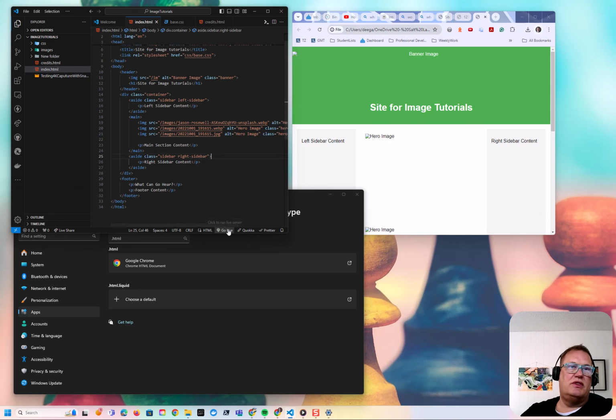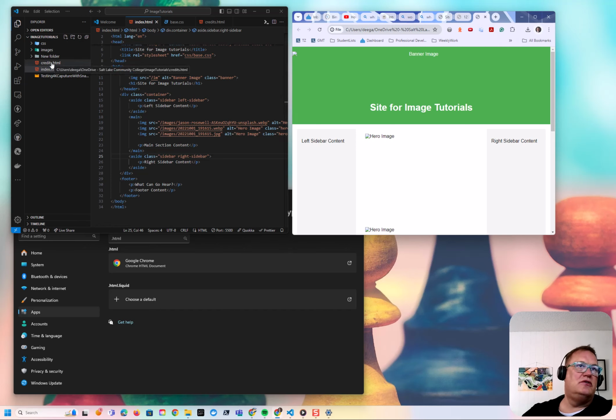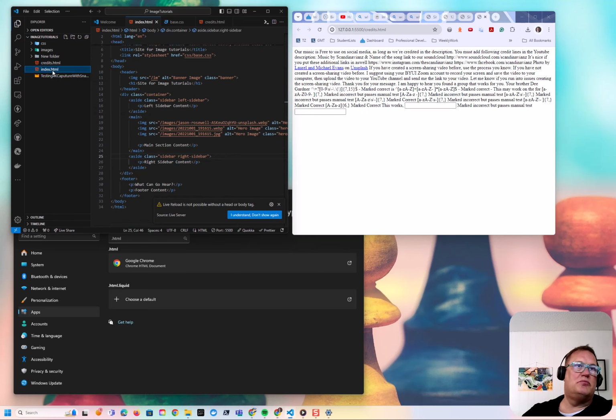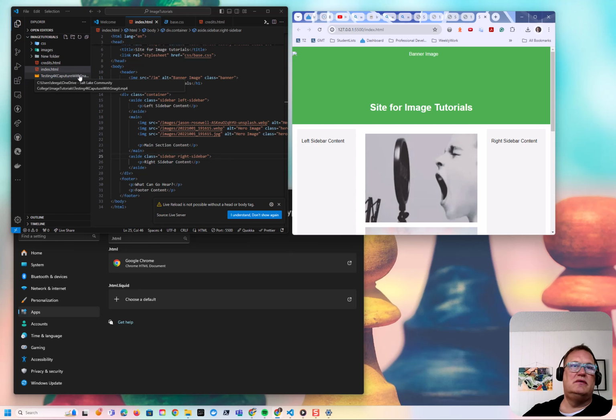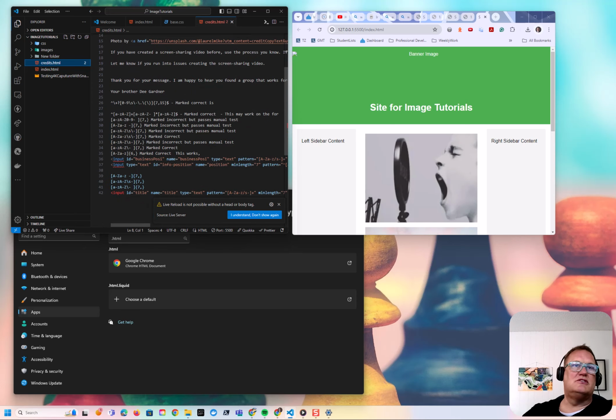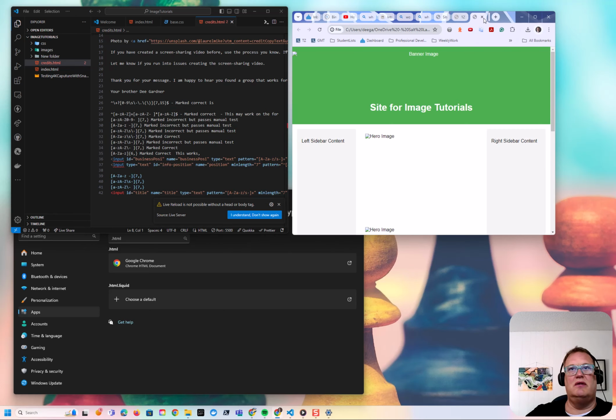One of the other things is you can click Go Live and wait until you see, and I've already done this, so sometimes there's a message that pops up here. But this is not showing, so I can do this and then open with live server, and this will show that part, or I could just do this and open once it's running. It says Live Server, so I think, yeah, this is showing, it says live reload is not possible without a head or a body tag,